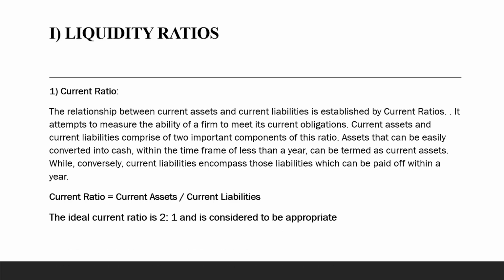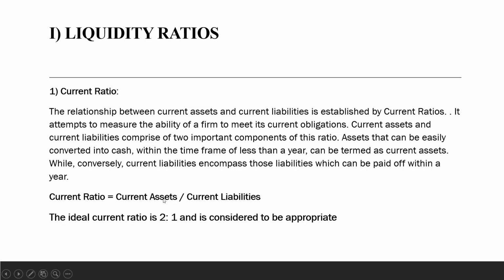And the next is how much current assets should be available in the company to pay off the current liabilities. The ideal current ratio means whether the company is having current assets more than the current liabilities or not, which has to be checked. An ideal current ratio means it is good for the company to have more current assets than the current liabilities. This ratio is the standard ratio. Ideal means the standard ratio of current ratio is 2:1. When we say 2:1, it means the current assets are 2 and current liabilities are 1.